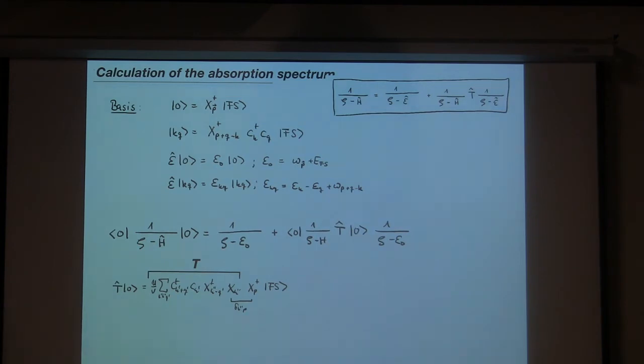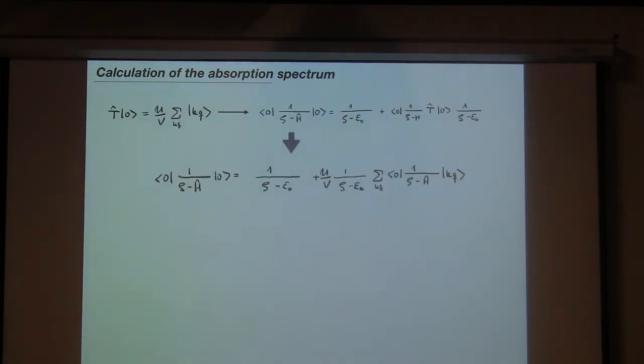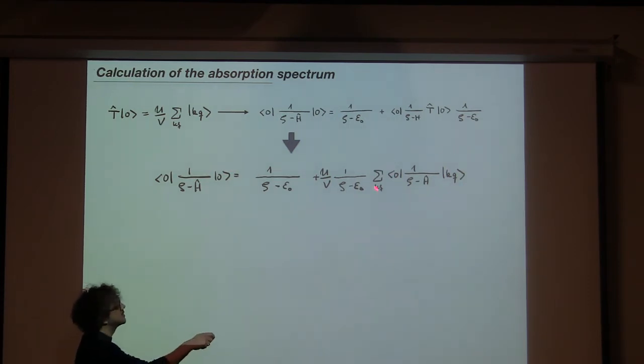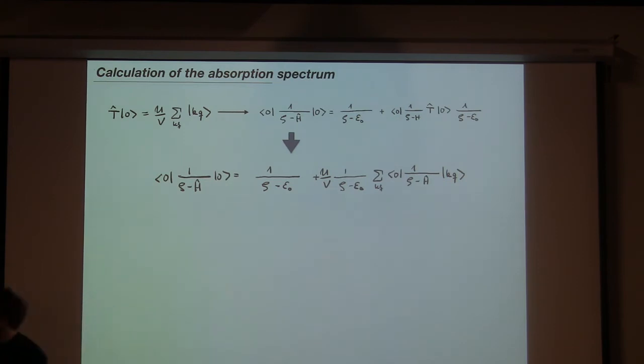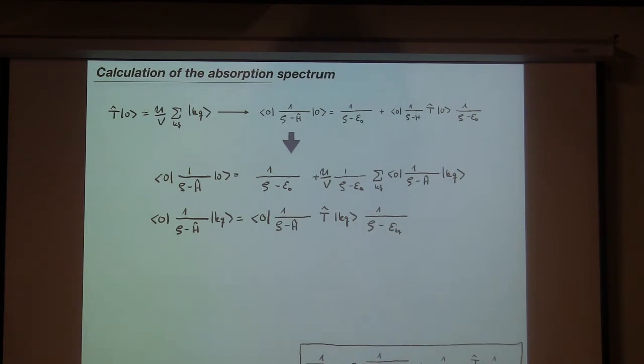But when we do this, we will find that what we just generated is exactly a one-particle Hall excitation term. So this is kind of a transfer operator from one part of Hilbert space to the other part of the Hilbert space. So we can plug this into our expression and we get our result from the equation. Unfortunately, now the zero particle Hall excitation sector is coupled to the one particle Hall excitation sector. So we have to calculate this object next. And we develop a whole hierarchy in our equations. So now we calculate this object.